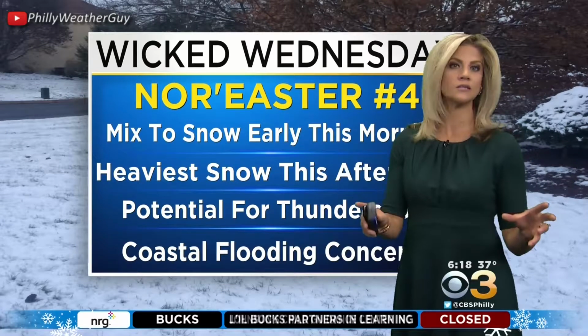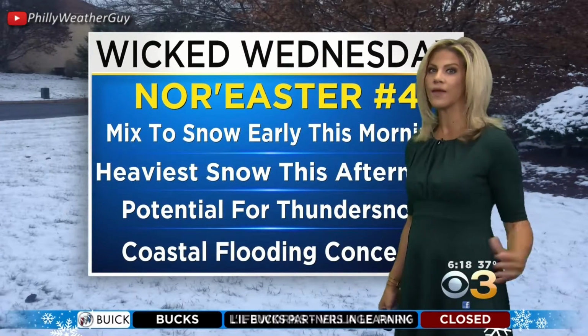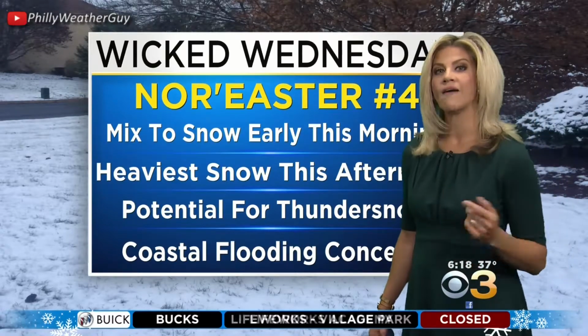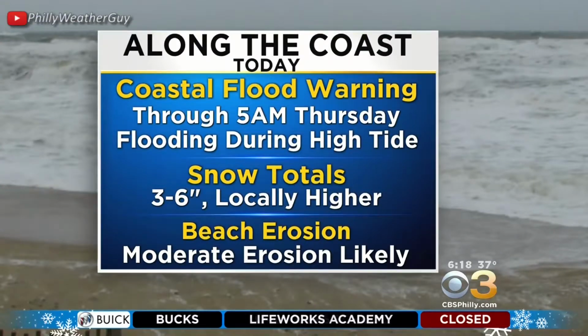Still going with 6 to 12 inches for most of the area, especially around the I-95 corridor. There could even be some thunder snow that mixes in within the heavier bands of snow that come through. Some of those heavier bands could even bring 1 to 3 inches of snow per hour. So that's how you're going to really total things up here. At the shore, it's more of a 3 to 6 inch swath, but still, Misha,